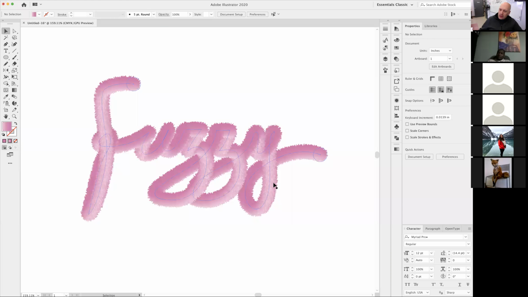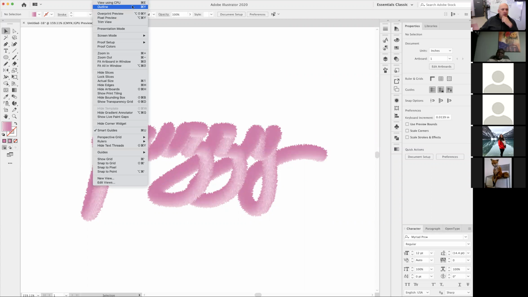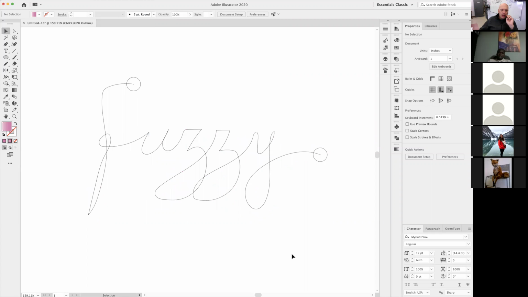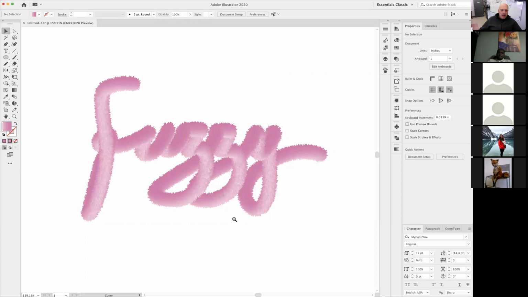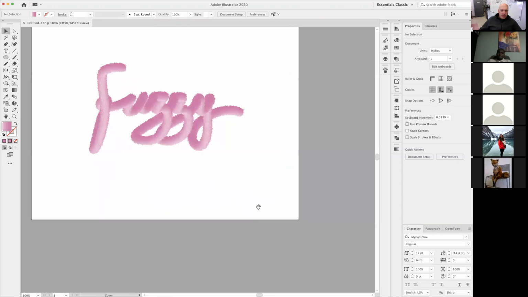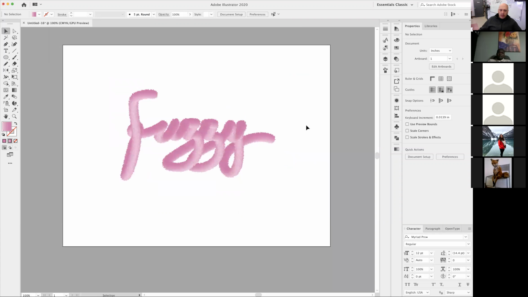First of all, this is Illustrator, by the way. So this is how it's made. If you go under View up here and press Command Y, or Alt Y on the PC, it shows the outline. This is how it's made. So how is this possible? It's quite easy, actually. So what I'm going to do is keep that one